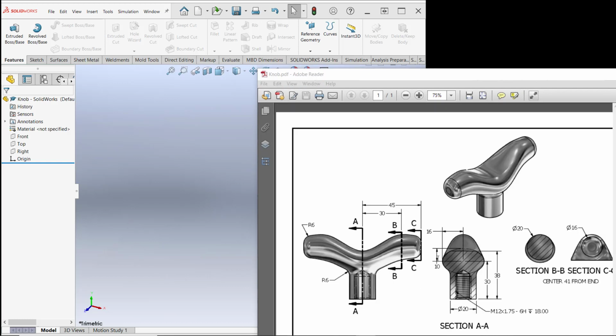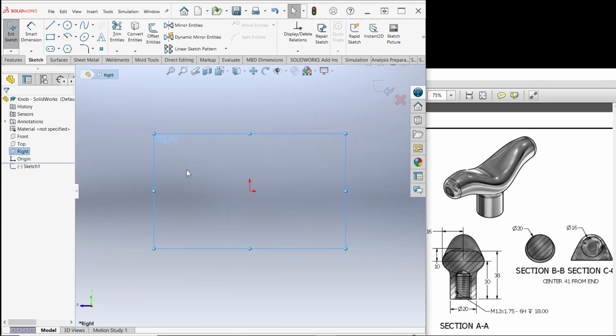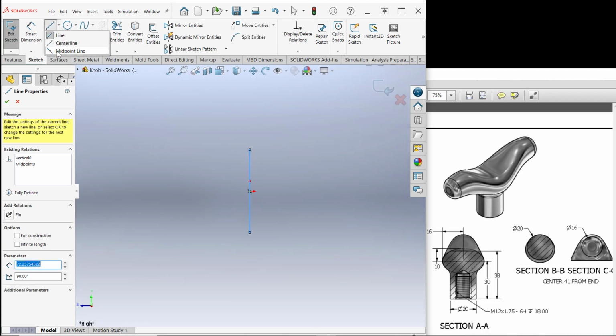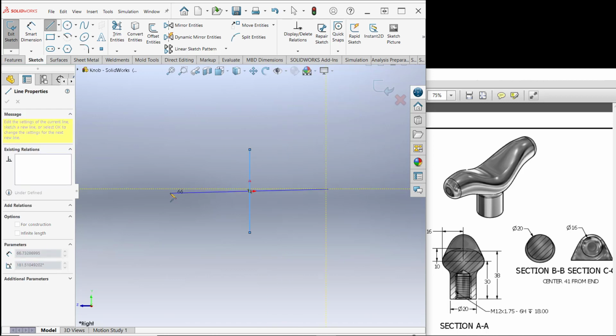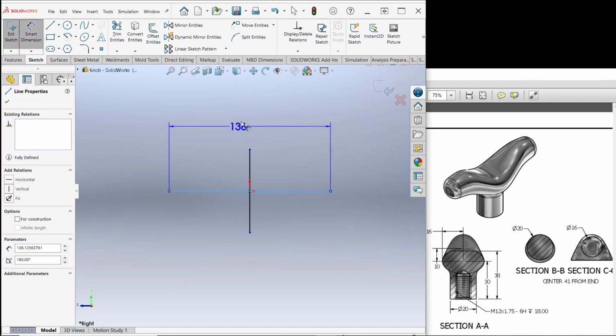I'm going to start out by creating this ellipse, and I'll do that on the right side plane. So I'm going to go to the right plane and tell it to do a sketch, and I'm going to do a center or a midpoint line from the origin going straight up vertically, and then I'll do a second midpoint line from the origin going over horizontally. I see that the height of this ellipse from the center up is 10, so the overall height would be 20, and then 16 from the major axis over to the center, so the overall length of the major axis is 32. So I'm going to dimension this as 32,